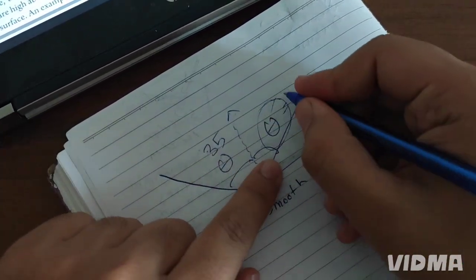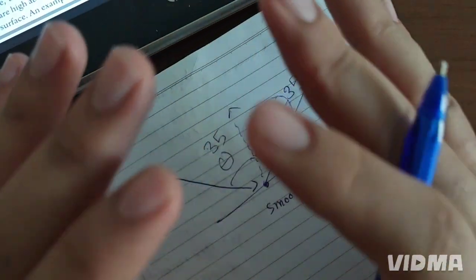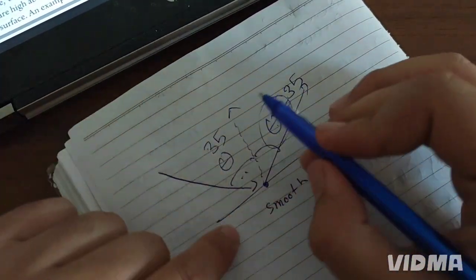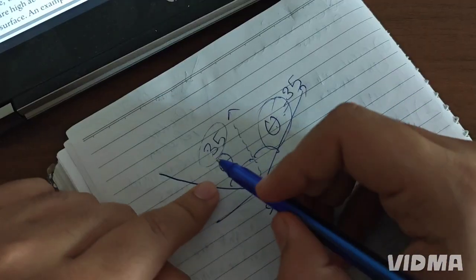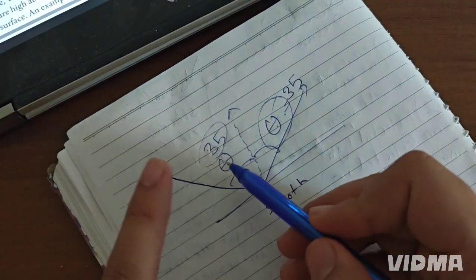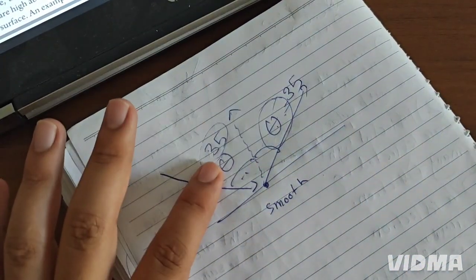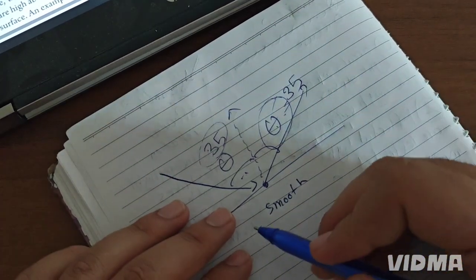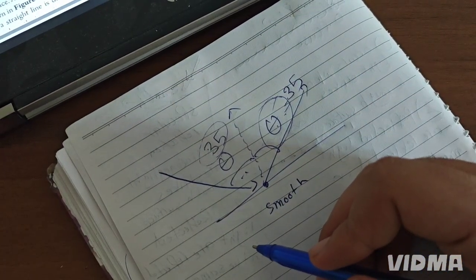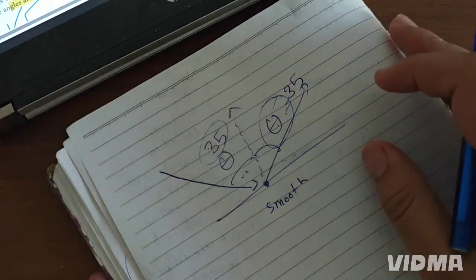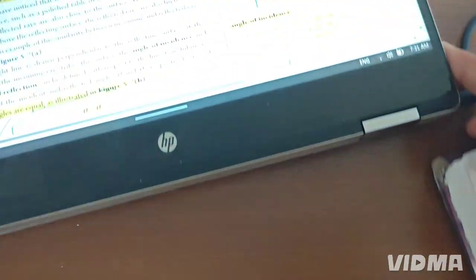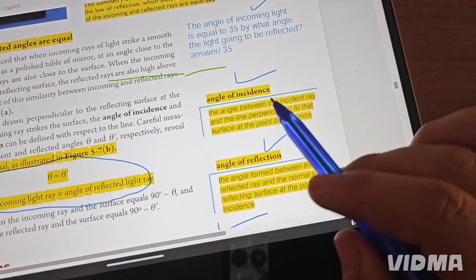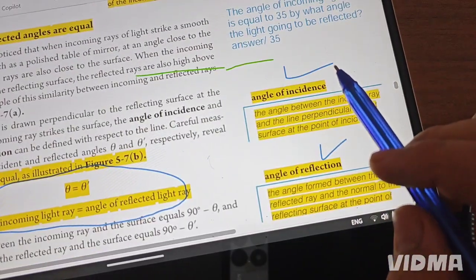Still, it's 35, because according to the law of reflection, both angles have the same value. So be careful. If we have 35 degrees for the angle of incidence, the light is reflected by the same value. Good. So the angle of incidence, same thing, the angle